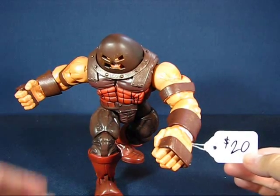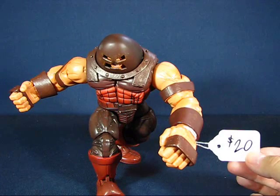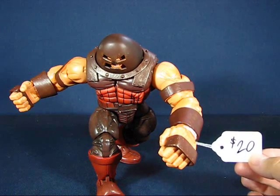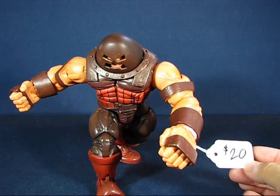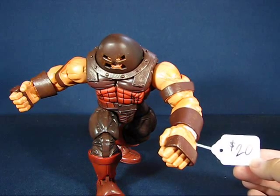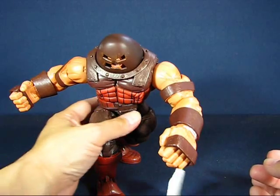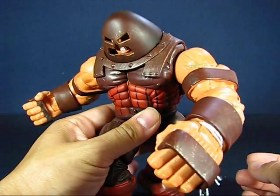I already have another Marvel Legends Juggernaut, but for this price and such good condition, I thought I'd go ahead and pick it up. And this is a tip for everyone that haunts their local comic shops: always look up, because you always find some interesting things hanging off the ceilings. But very nice figure here for only 20 bucks. So really cool. And speaking of comic shops, I did